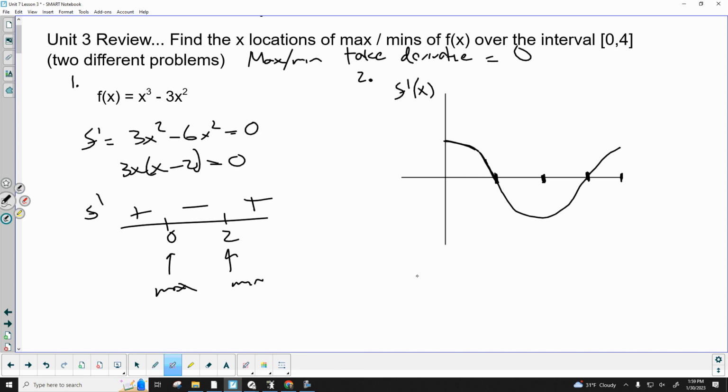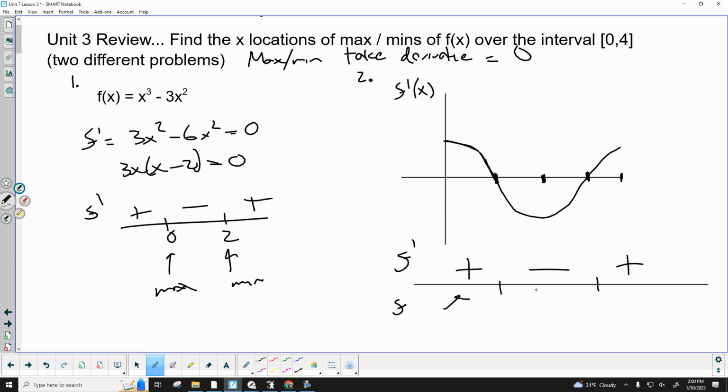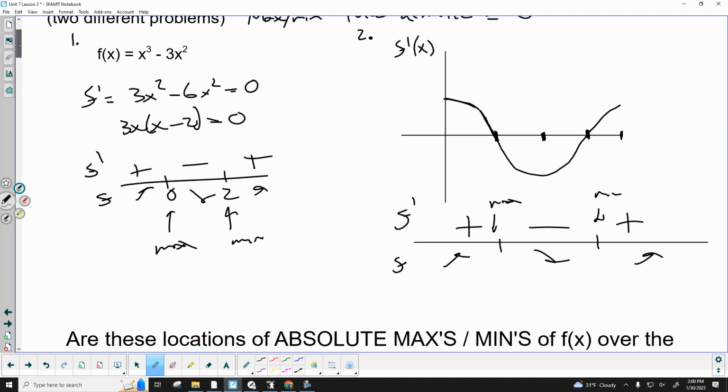Sometimes they give you the derivative. Okay, great. Well, I don't have to take a derivative. It's already given to me, but I need to analyze the sign. Like boom, boom. F prime's telling us about F. There's a max, there's a min, right? No big deal, no big deal. Not new, but